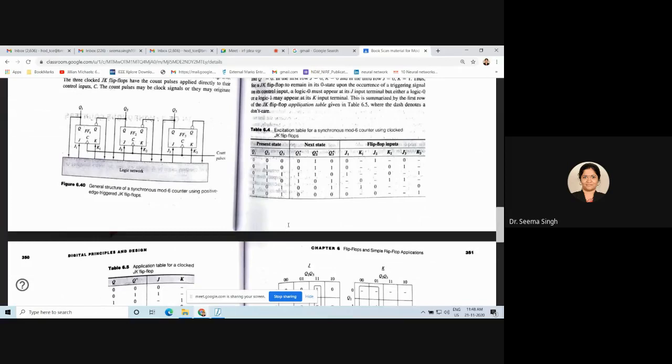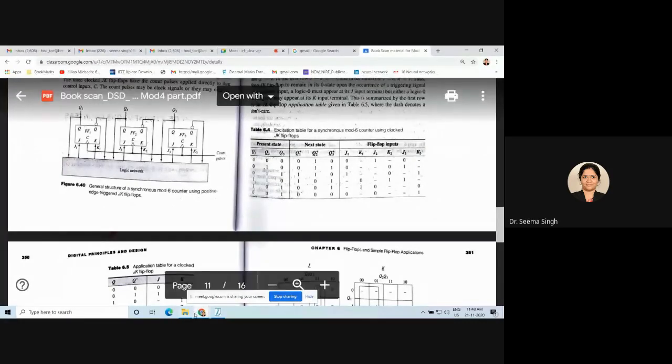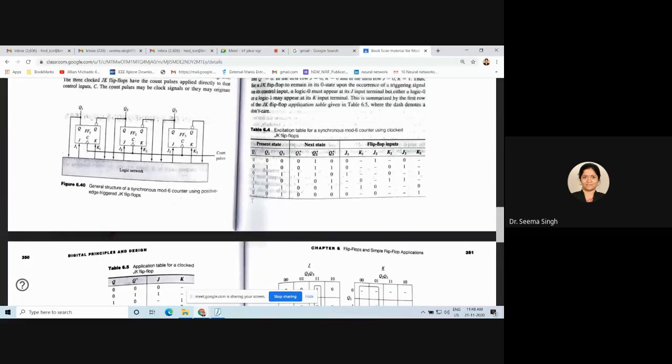So what you are supposed to do, if this correction is not happening, here we need to write extra states. Extra states means apart from these, we will have to write 7 and 4 also. We will have to add those two rows. We will write present state as 7 and next state is your wish. You can bring it to any number which is there in your actual counter.